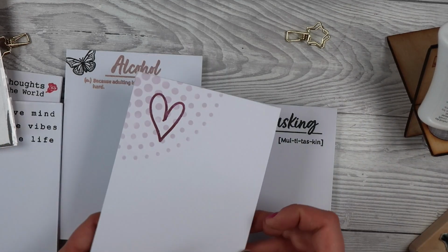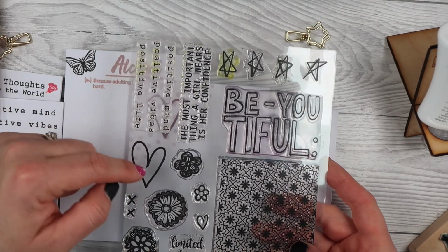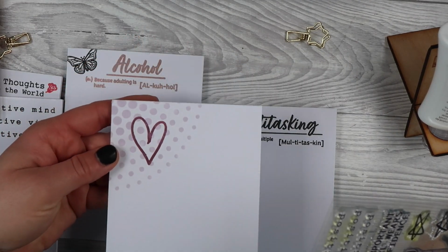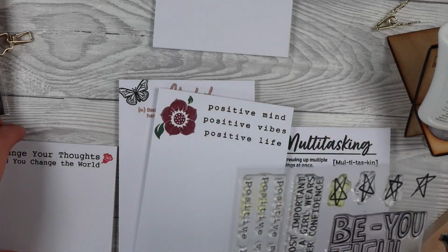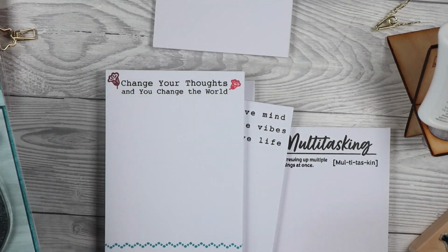blue and purple. So I did 4 of each, and then I came in with a Pretty Gets Gritty stamp, used this little heart one there and just did a heart, so you don't even need a sentiment, you can just leave it as is. Positive Thoughts, Positive Mind came from this same stamp set here. And then I've got Change Your Thoughts and You Can Change the World from this Pretty Gets Gritty set